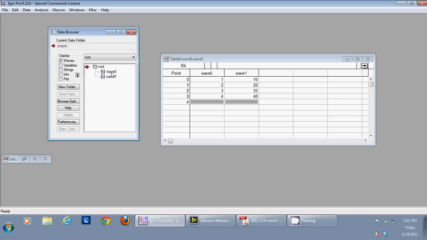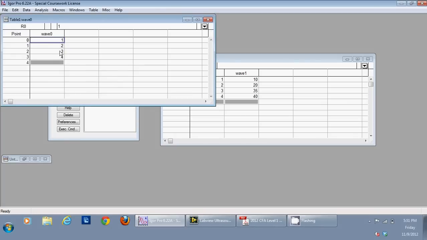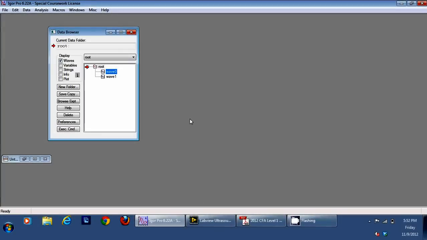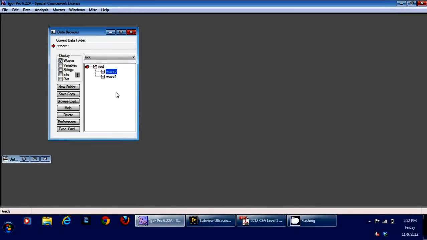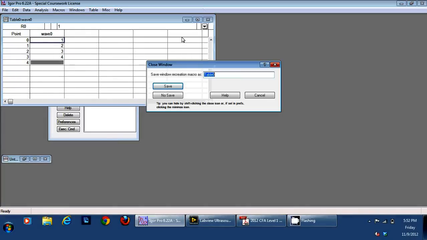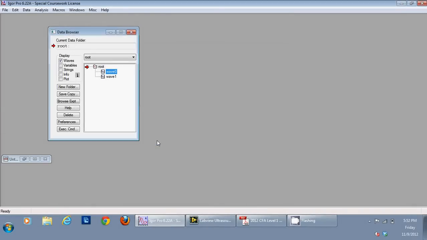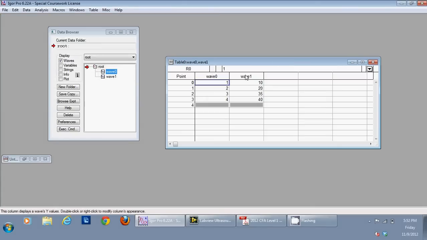So I can click on wave 1 and see how this wave looks, and it opens the wave in another table. I can close it, and if I close it and don't save it, that doesn't mean that my data is gone. Suppose I close this window, that doesn't mean the data is gone. The data is still there, and the only thing I didn't save was the table. So I can again create the table, or I can click on the data and see the data is here, or I can say window new table and then append these two columns, and then it says wave 0, so I can get the same column. So data is always saved.